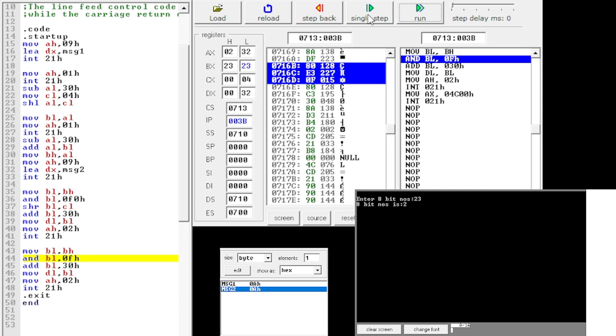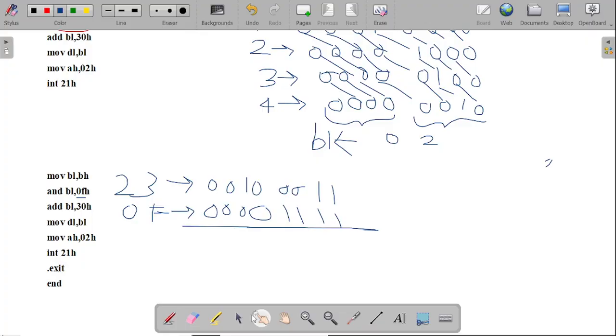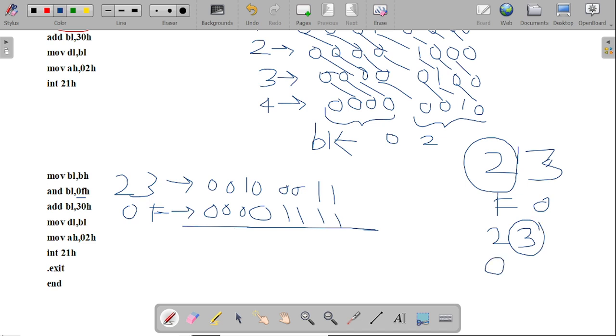Then we have to perform the AND operation again, that is AND BL comma 0FH. Now we will see after performing it what the contents of our BL register will be. When we required the number 2 from 23, we performed the AND operation with F0, and that time we got the higher nibble from that number. Now we require the lower nibble, this 3 here. That's why we are performing the AND operation with